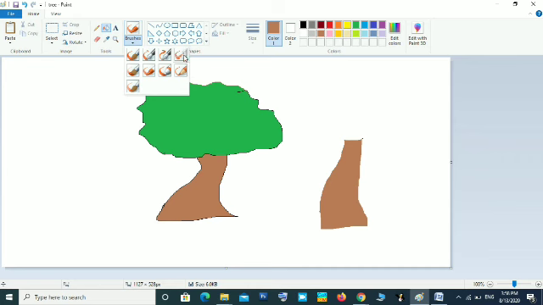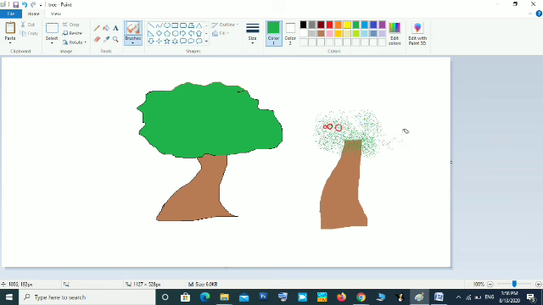Using this airbrush, I am using green color and spreading it over that area, pressing the left mouse button. You can see these dots are coming. If you press several times, it will have the effect of small leaves on the tree. So you can draw in different ways. According to your idea, you can use all these tools.